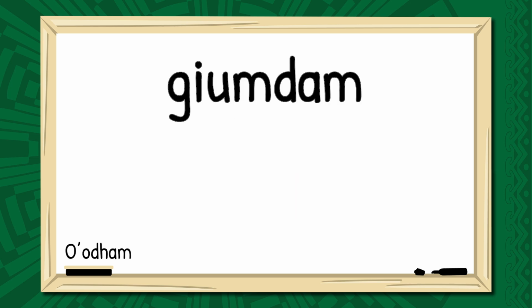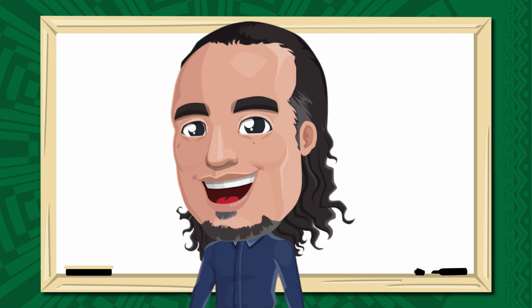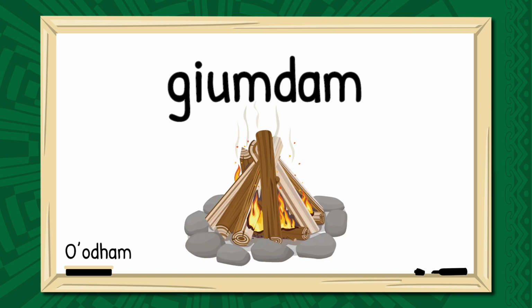Another example is the word gyumdam, which is the word for matches in O'odham. Matches, as we know them, are a relatively new item, so we have to think about what the word gyumdam originally referred to. I imagine it would have originally referred to something that our community previously used to light fires with. Exactly. Most likely, gyumdam originally referred to a flint strike or another type of rock material that was used